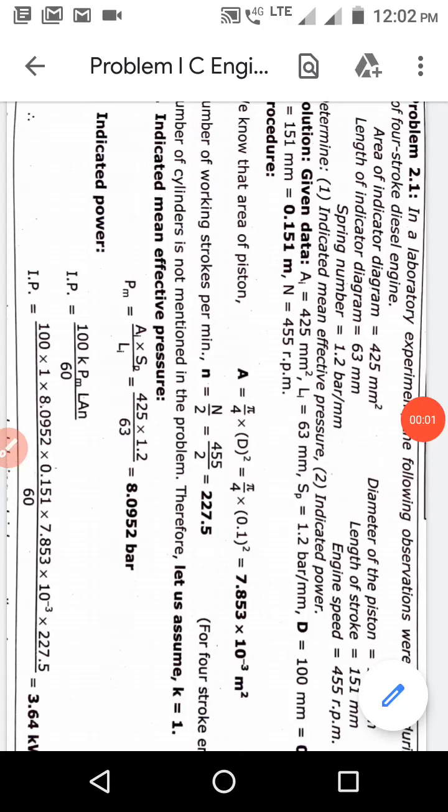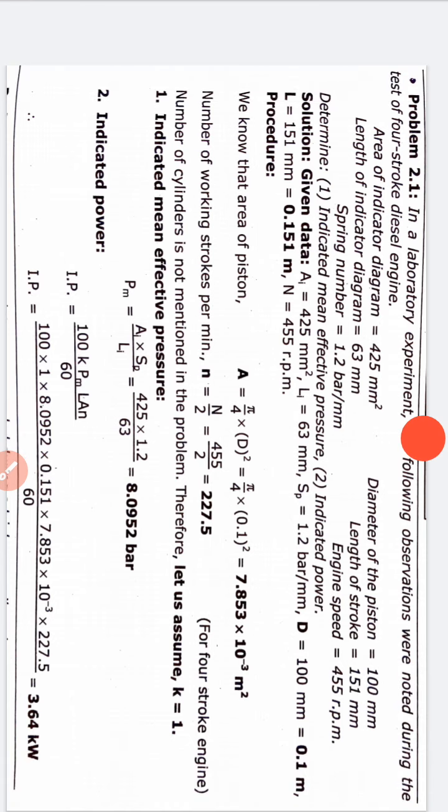Good morning, students. Today we are going to discuss problems related to the internal combustion engine. In your previous lecture, we already discussed the heat balance sheet and the basic performance parameters of the IC engine. So today we are going to take up problems related to IC engines, and we'll discuss this problem in today's lecture.